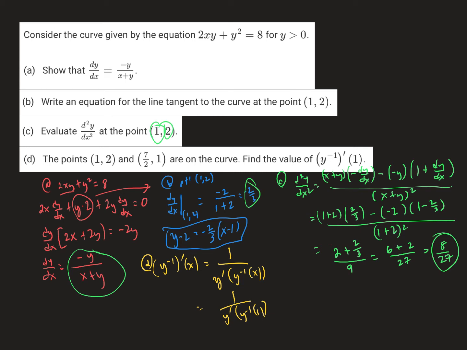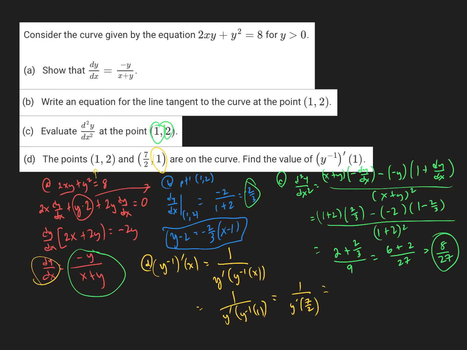But remember, an inverse function takes in what would normally be the y value and spits out the x value that gave it to you. So in this case, we want this one, not this one, because that's like that one that's on the original function, not the inverse. So y inverse of 1 is going to be 7/2. And then y prime, again, is dy dx. It's the same thing. So I would plug in 7/2